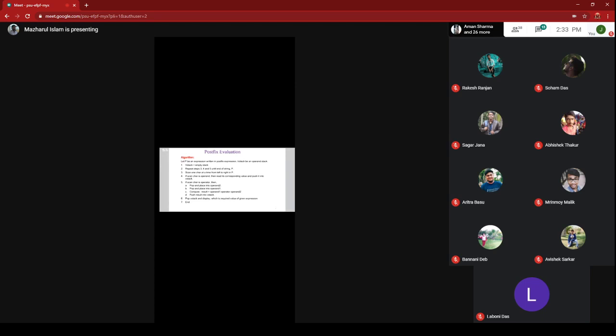See the example here. Evaluate this postfix expression. Here A, B and C are symbols, and the actual values of A, B and C are 1, 2, 3. You scan the whole expression from left to right. The first scan character is A, whose value is 1. When the scan character is an operand, you push it to the stack. So you push 1 to the V stack. The second character B has value 2, again an operand, so you push it to the stack. So 1, 2 have been pushed.